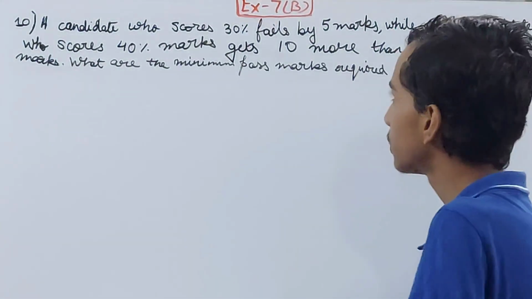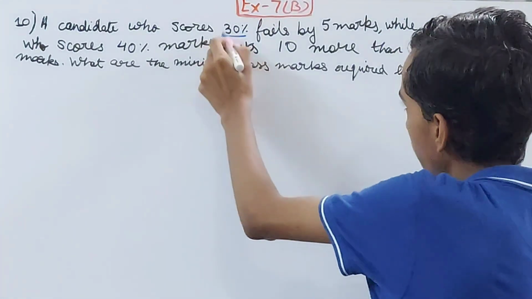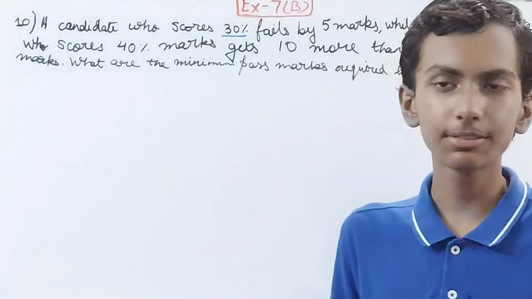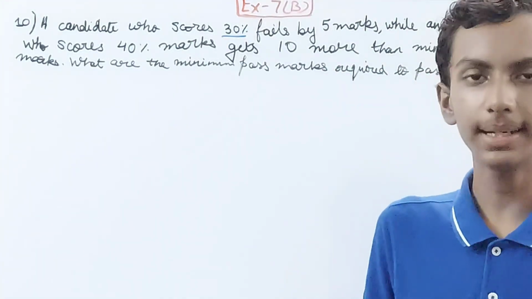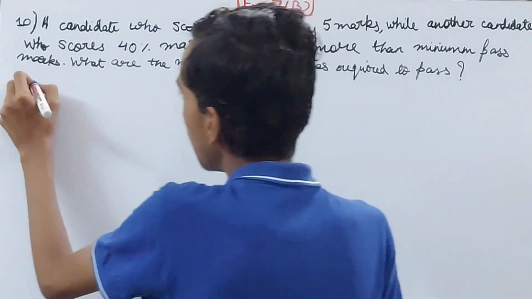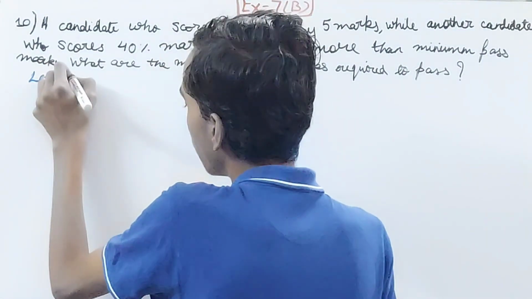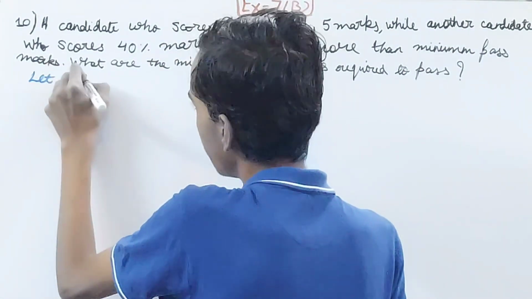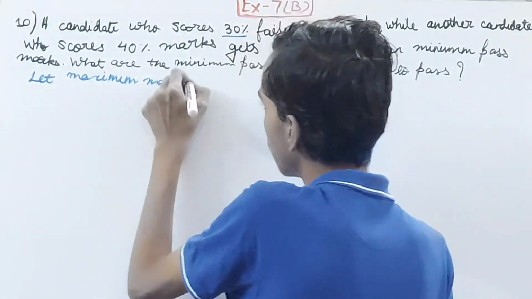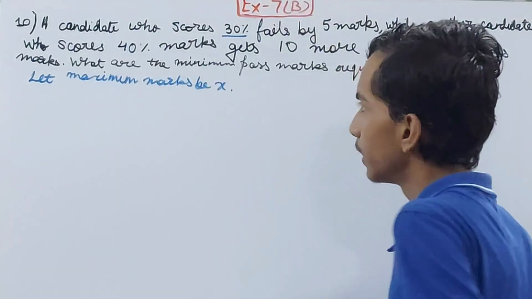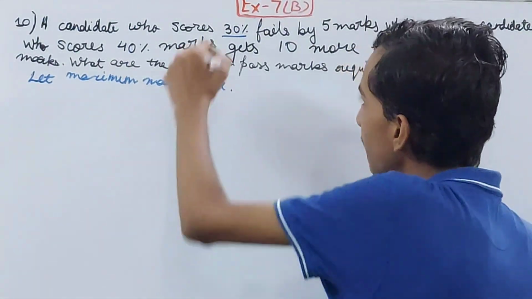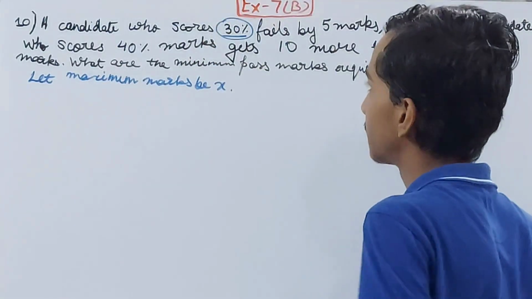So one candidate scores 30% marks out of total marks, that is X. Out of total marks we are assuming that is X. We assume that, so he is scoring 30%. So what you will write down here: let total marks, or you should write maximum marks, be X. Total marks or maximum marks of the exam are X marks, and one candidate scores 30% marks,